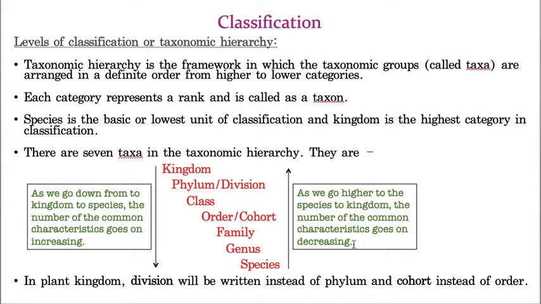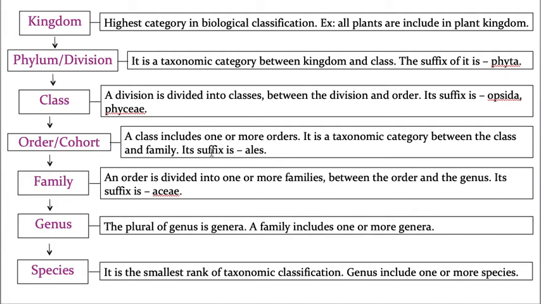Hope you understand. Now we will understand this taxonomic hierarchy in a detailed way, because whatever explanation I have given till now does not give you proper knowledge about taxonomic hierarchy. So I need to take multiple examples, at least 3 to 4 examples. If we discuss them, then you will understand what the taxonomic hierarchy is, and this explanation is not at all sufficient. So let us go a little more detailed. Okay, now let us take kingdom. Kingdom is the highest taxonomic category, whereas, as you can see clearly here, species is the lowest taxonomic category.